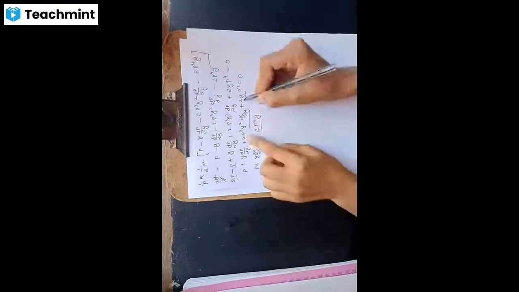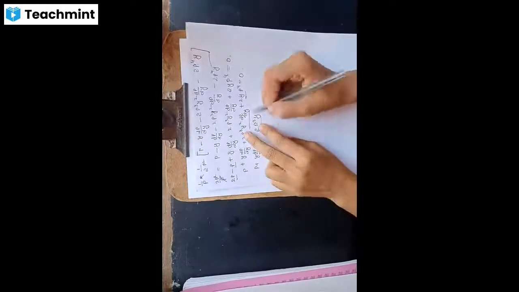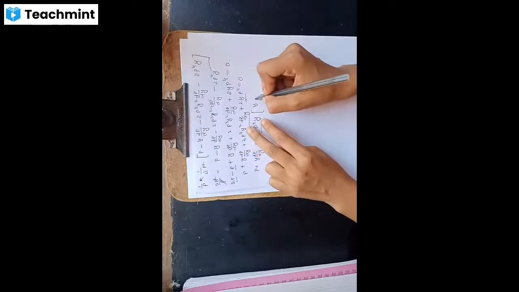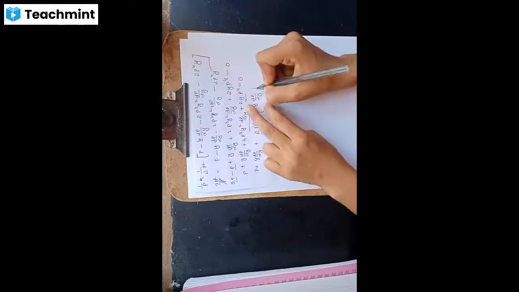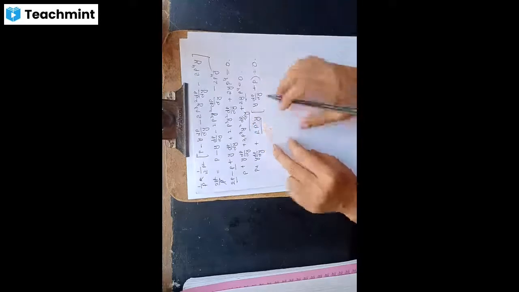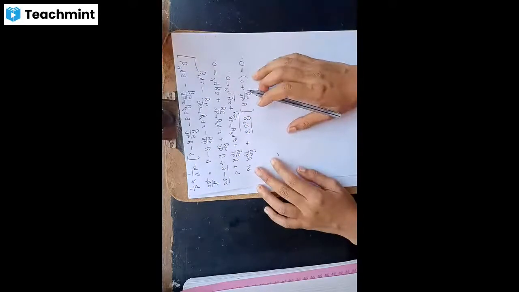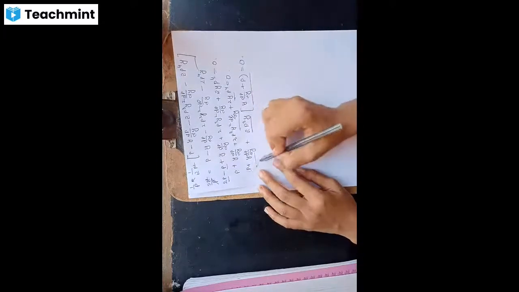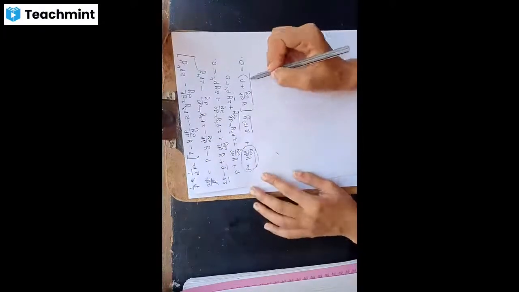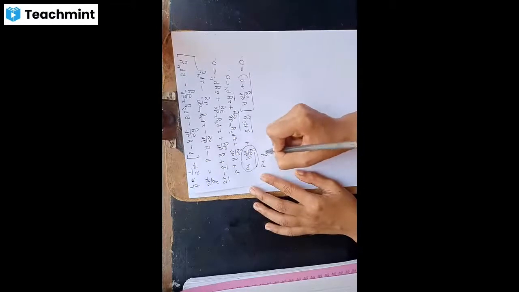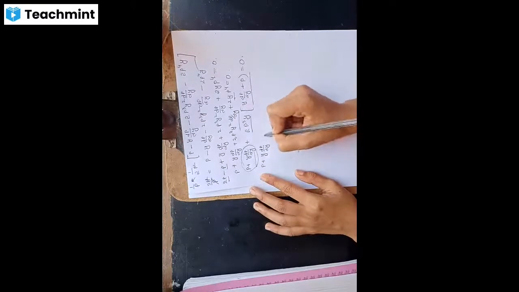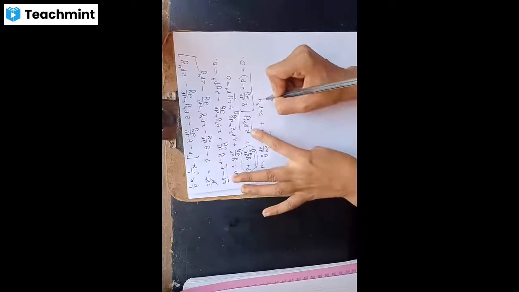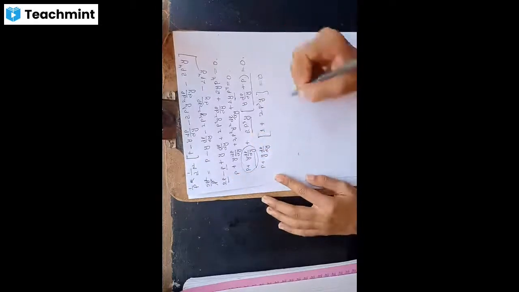So I am taking 2p cube and y as a common. So the remaining terms are y dp by dy plus p is equal to 0. See here, now these two terms are the same, we get these two terms as similar. So I am taking p plus y dp by dy as a common. So we get 1 plus 2p cube into y is equal to 0.